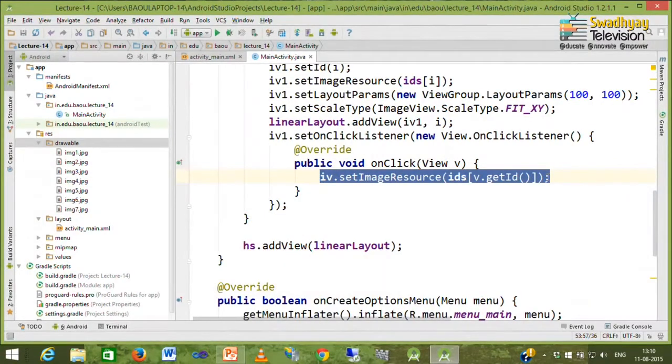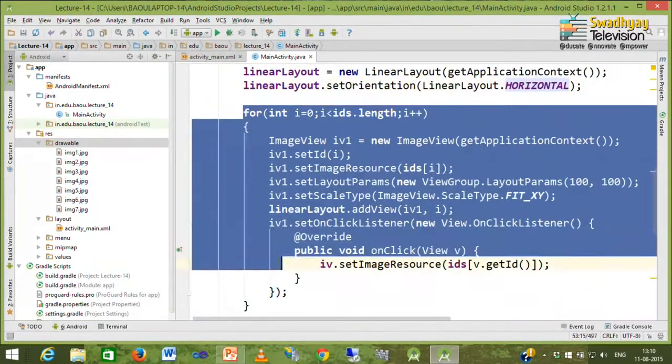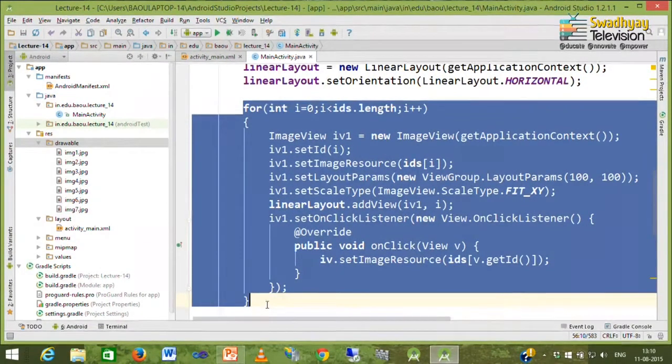So, this is how we can handle the image view click event. This for loop will run 7 times, it will create 7 image views, add them inside this linear layout, and we also handle their click event.